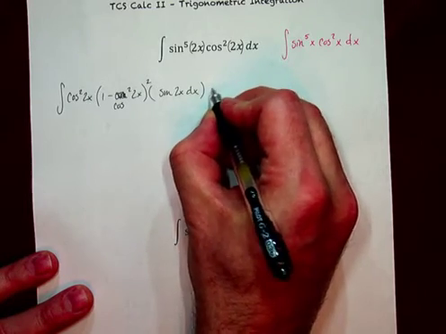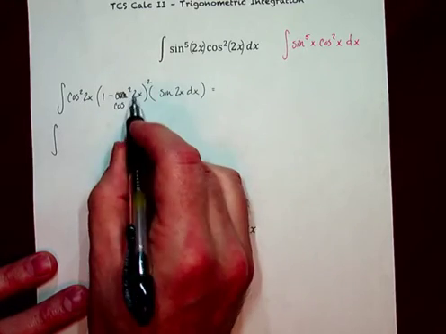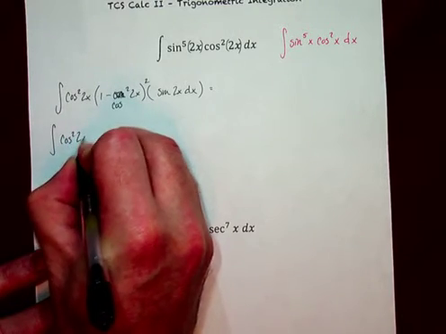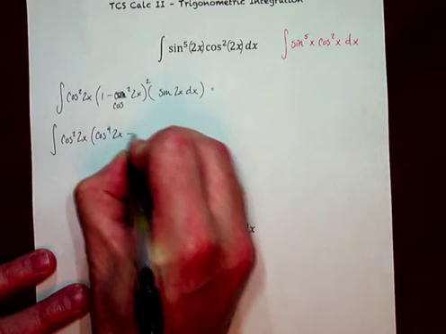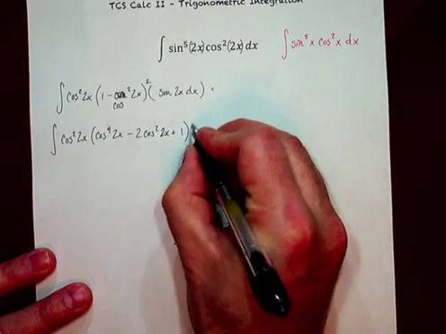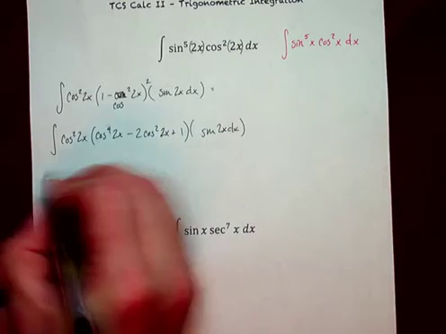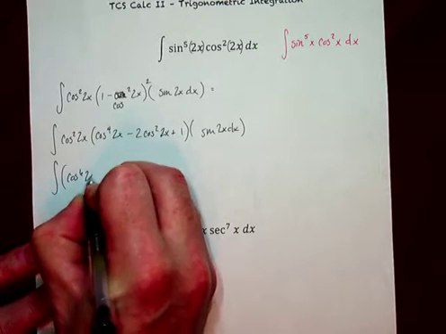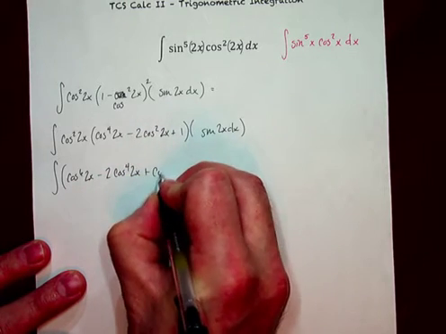So what I need to do is let's go ahead and multiply all of that out. And the great thing about a difference when it's squared is it doesn't matter what order you do it in. And so you get cosine squared 2x, and then when I square this, I can basically do it in descending order. It doesn't matter. 2 cosine squared 2x plus 1, and then, of course, sine 2x dx. Once I actually distribute that cosine across, I'm going to get cosine to the 6th 2x minus 2 cosine to the 4th 2x plus cosine squared